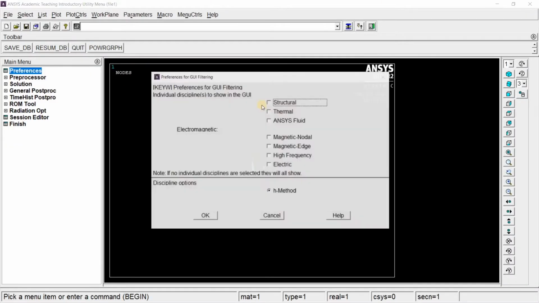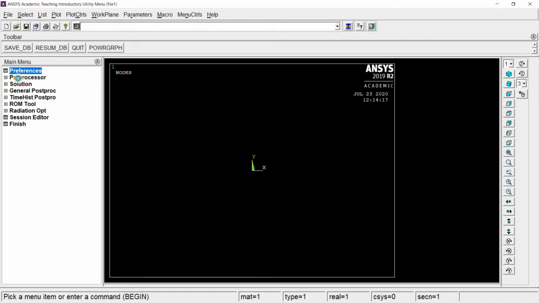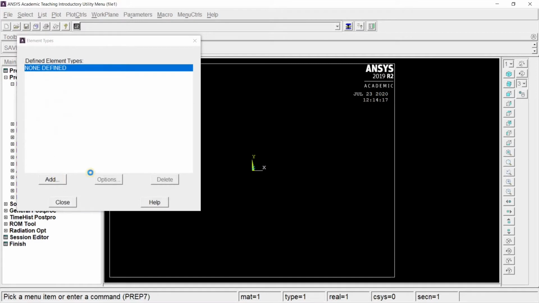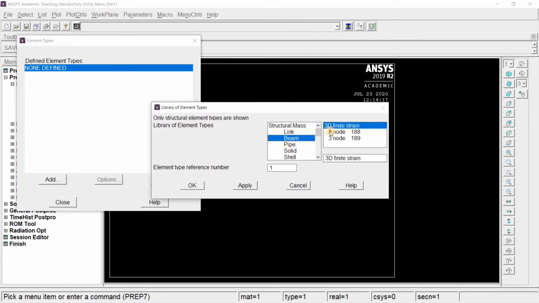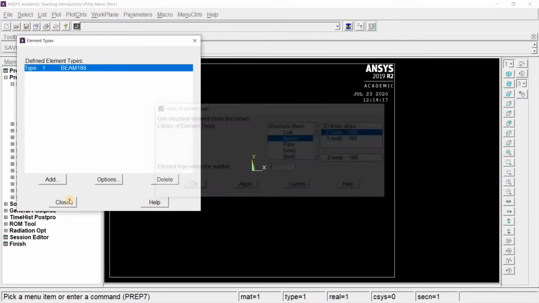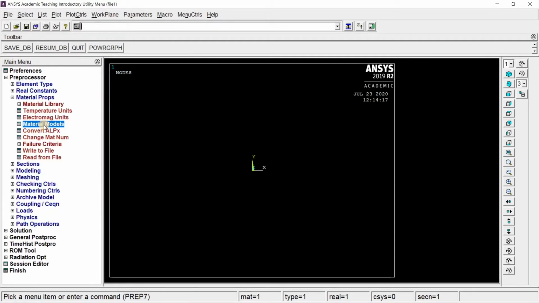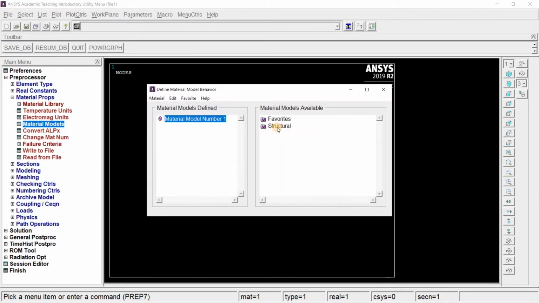First we must go to preferences and select structural and give OK. Next we must go to preprocessor and element type. We must go to add and select beam and two nodes. Give OK and close. Now next we must go to material properties, material models, go to structural, linear, elastic and